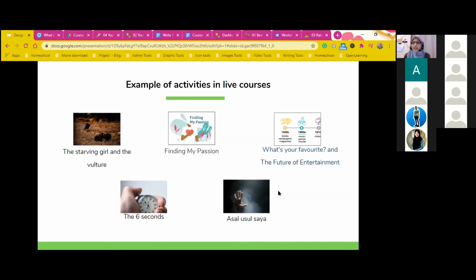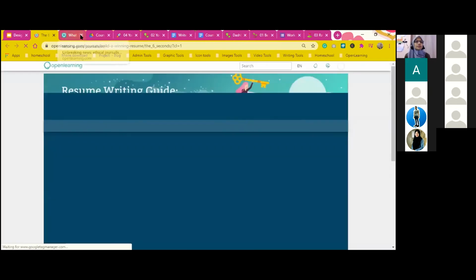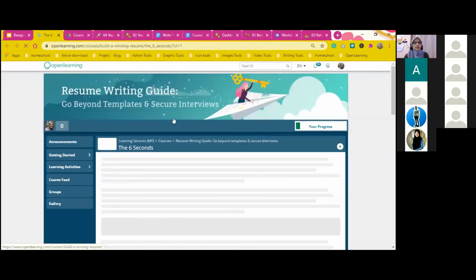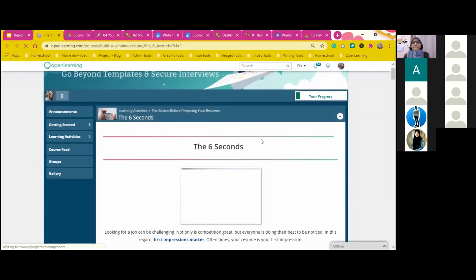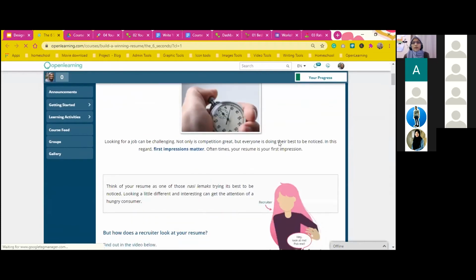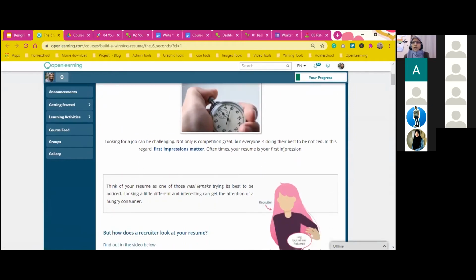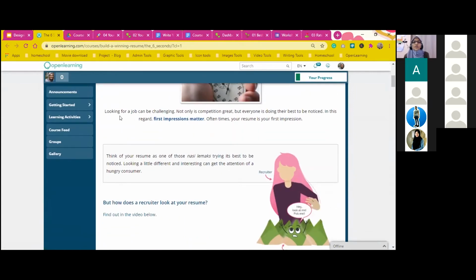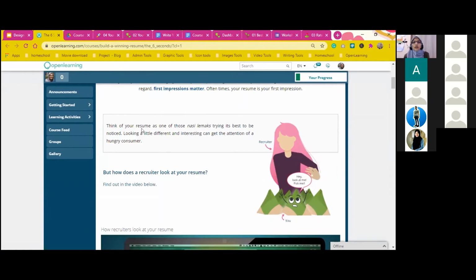Okay, so the second example that I want to show you is this one. This one is a bit different. The 6 seconds is one of the activities for the resume writing guide. This is, I think, in the first module of the course. The first activity is: looking for a job can be challenging, that's the introduction line. And then it goes on to relate your resume to one of those nasi lemak trying its best